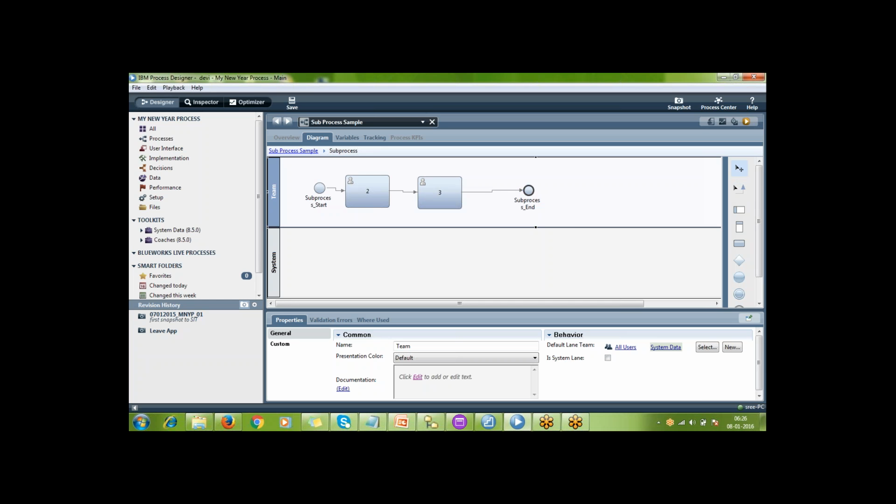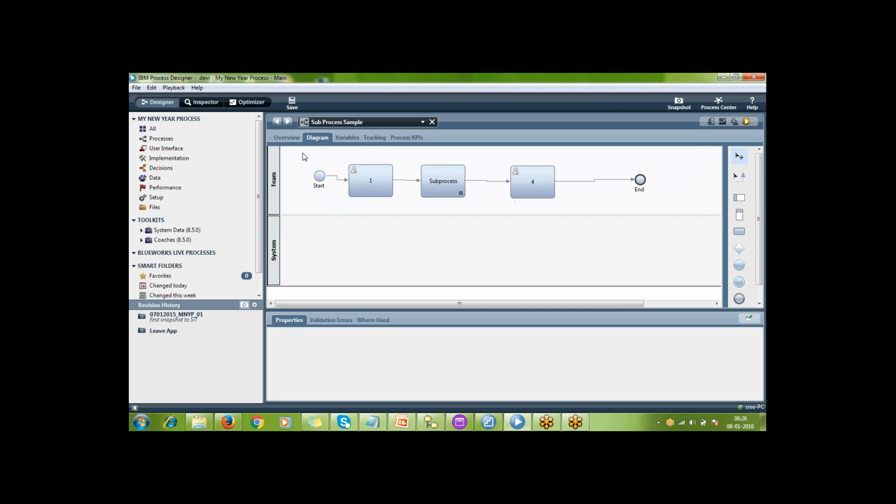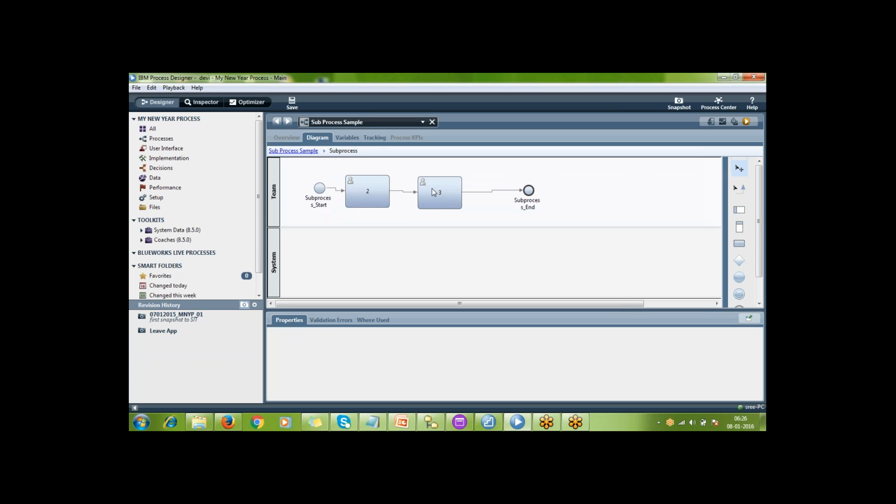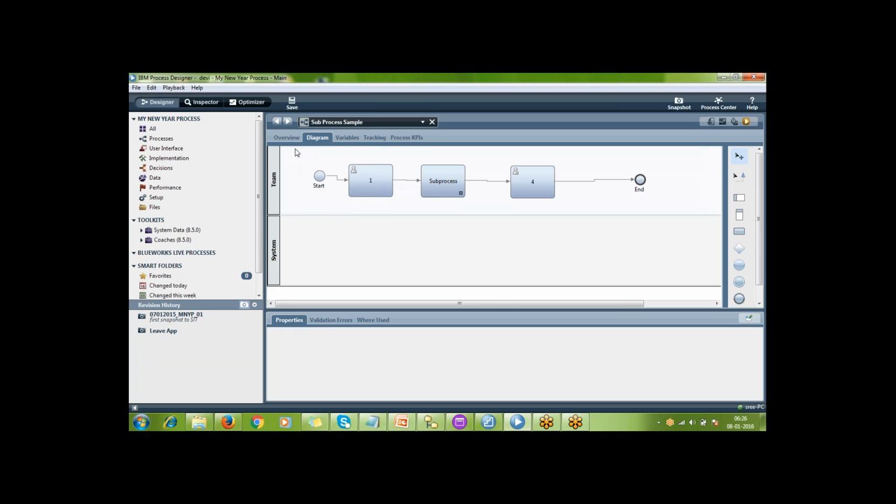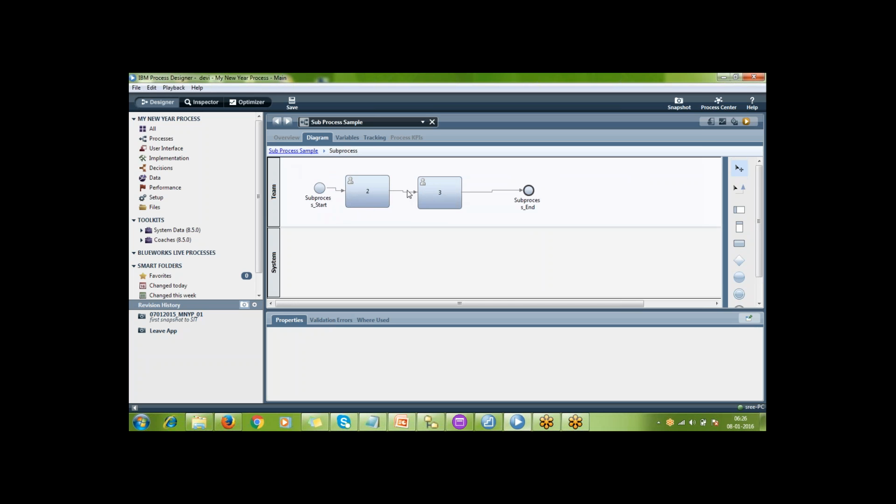Okay. Now what happened? You have selected sub process. After that you double click here. You can see a small BPD created for you, another BPD. Sub process makes you create another BPD. So where did that BPD get created? Inside an activity. Okay. So in that I have kept 2, 3.